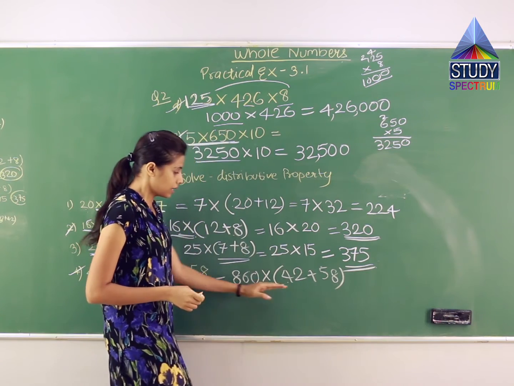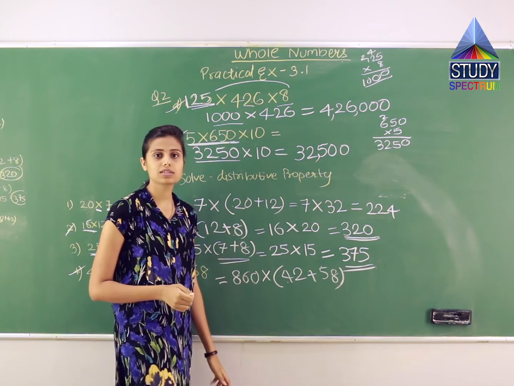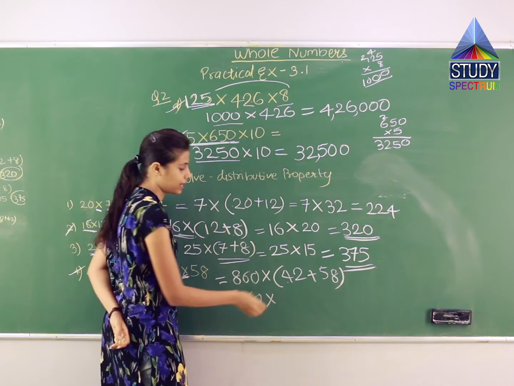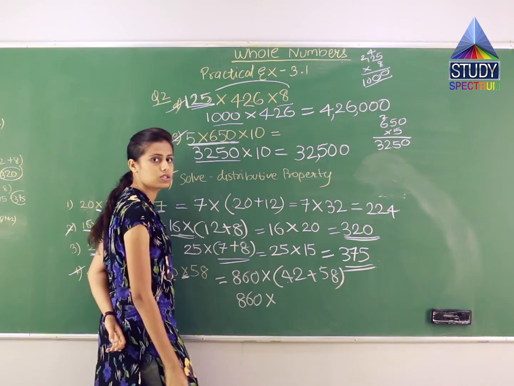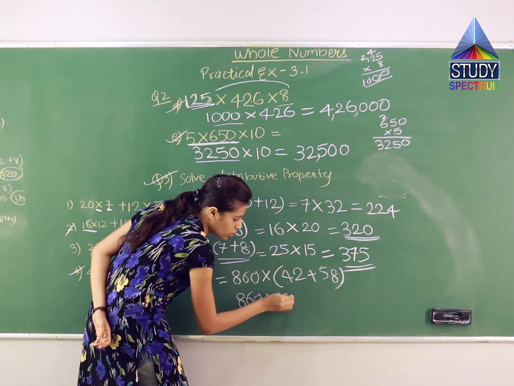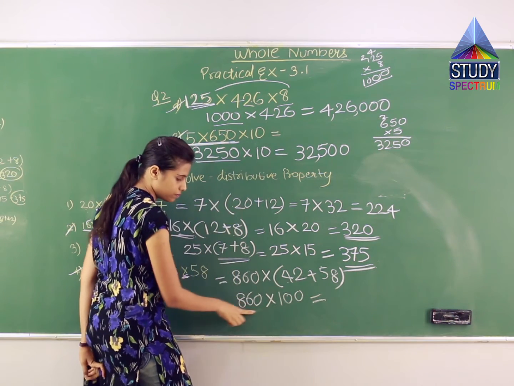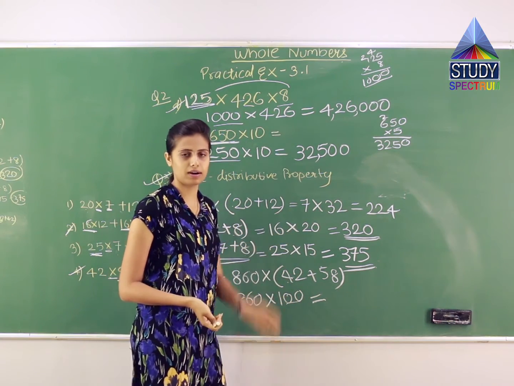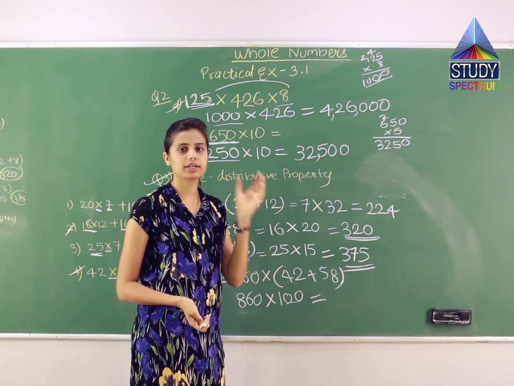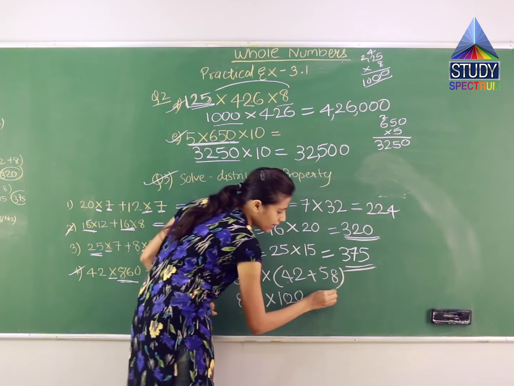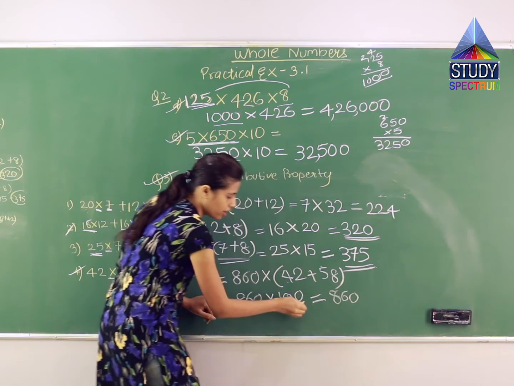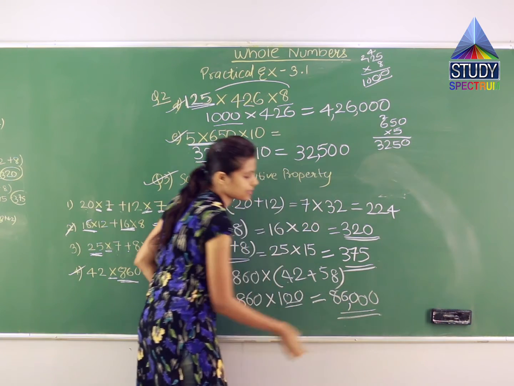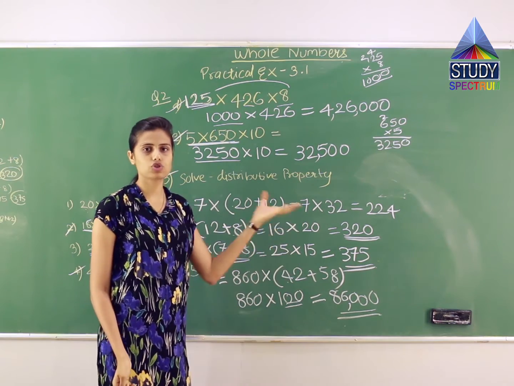This is simple, right? 42 plus 58 is how much? It is 100. So what will I write? 860 as it is. I'll copy it down. Multiplication sign. 42 plus 58 is equal to how much? 42 plus 58 is 100. So I'll write 100. Tell me the answer. This number I will write as it is, and these two zeros I will write after it. This is a simple way, right? To multiply by 10, 100, thousands and so on. So what I will do, I'll write 860 as it is, and these two zeros of 100 I'll put after it. So the answer will be how much? The answer will be 86,000. So this is the simple way in which you can multiply the numbers.